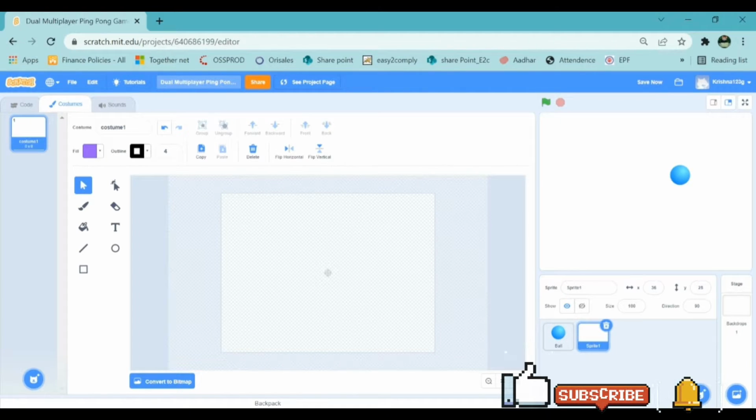Okay, now we need a small circle for the middle. Here will be a line, here too, here too. Then in the middle line there will be a small circle where this ping pong ball will start and bounce off. Okay, now